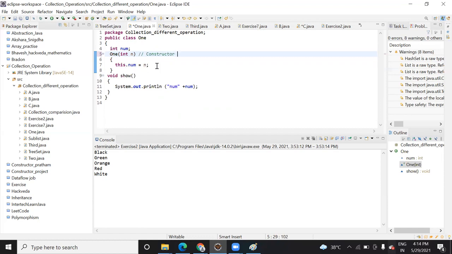Now this keyword is used to point out the current class object. Means it is used to point out the num of this class. And this function is going to print it.